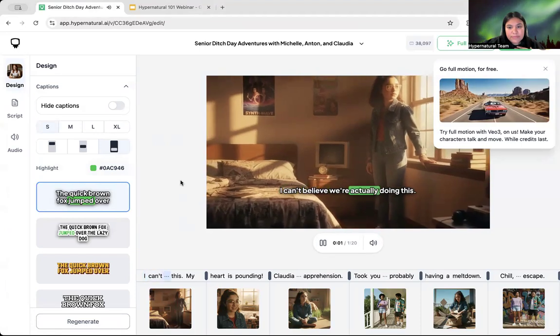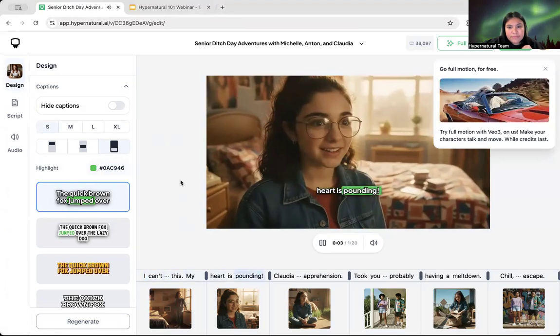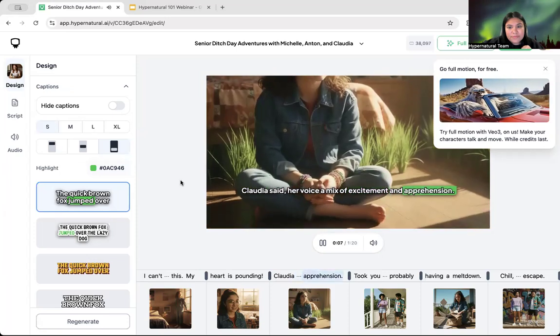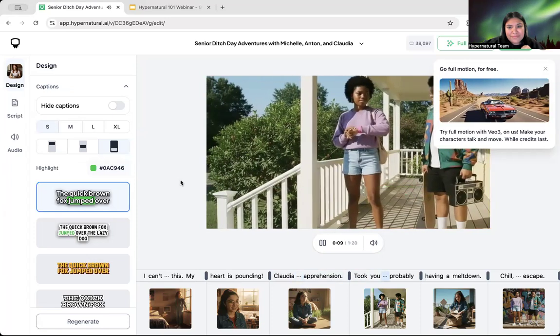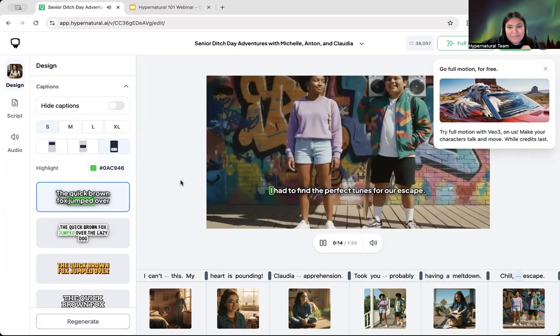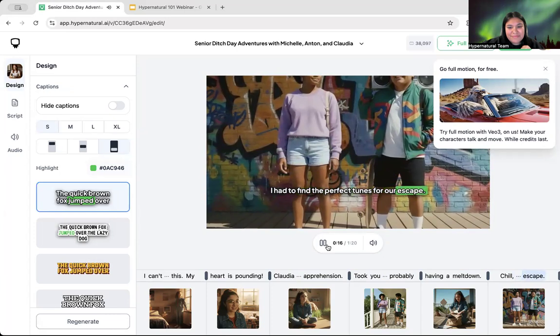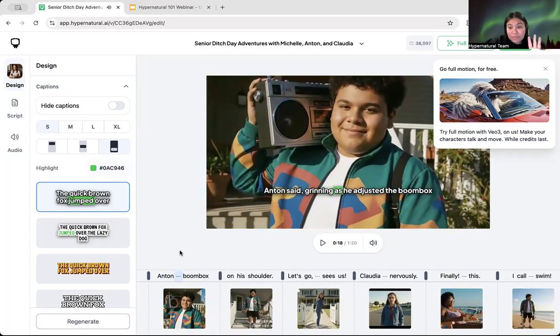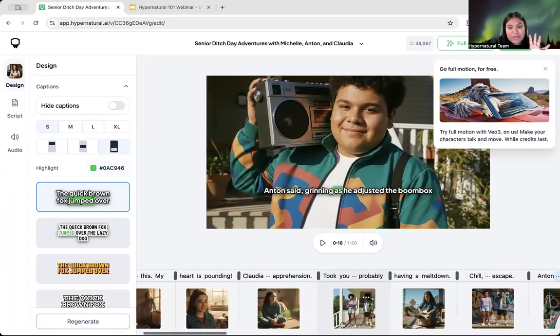I can't believe we're actually doing this. My heart is pounding. Claudia said, her voice a mix of excitement and apprehension. Took you long enough, Anton. Claudia's probably having a meltdown. Chill, Michelle. I had to find the perfect tunes for our escape. Anton said, grinning as